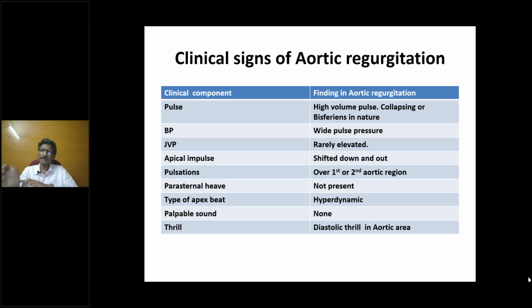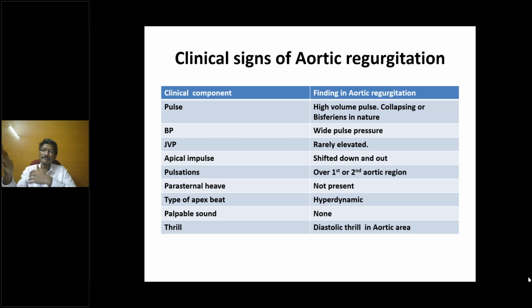I'll just give an example. When you lift a hand like this, there is large amount of stroke volume which is coming towards the radial artery, from the brachial artery to the radial artery. Now, the resistance of the brachial artery will be very less. So when I lift my hand, what happens? It will come up forcibly and it will also come back. That is called the peripheral runoff. Peripheral runoff is actually in the opposite direction. It is runoff from the radial artery to the brachial artery. Usually that does not happen.